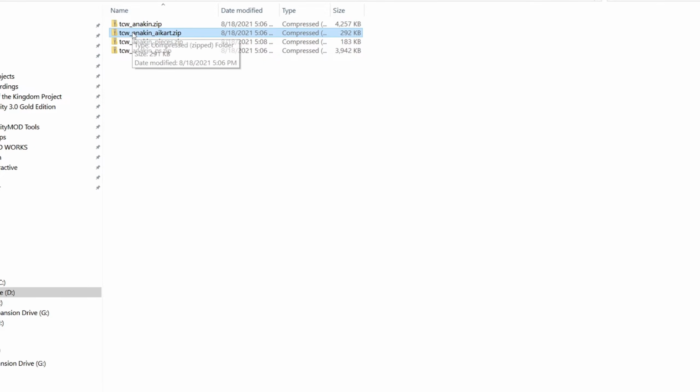AI Cart, which consists of the model files for him driving the artificial intelligence, the AI, when you race against them in the Toy Box Speedway. The pieces, that's the model file or the skin for the pieces when he breaks apart, when he's defeated. And TCW Anakin PS, that's the playset version,